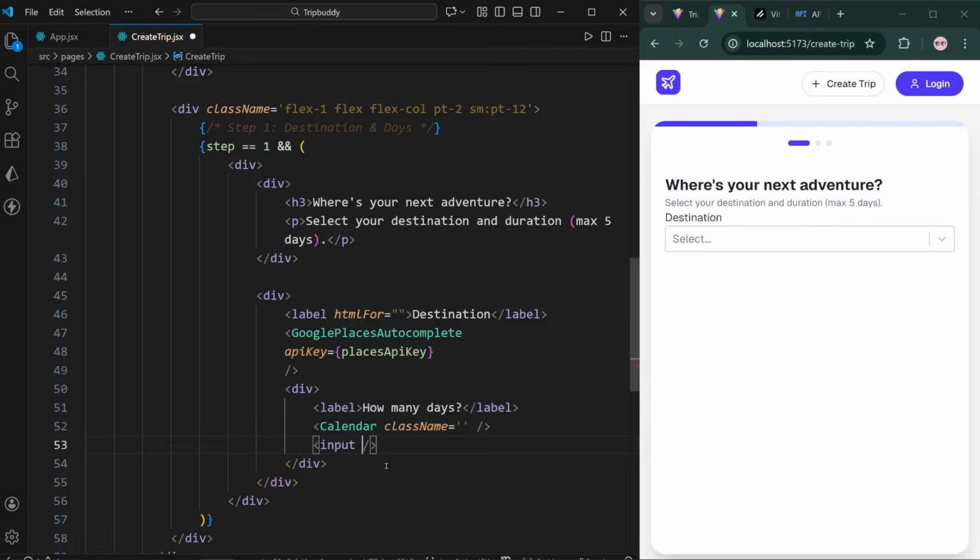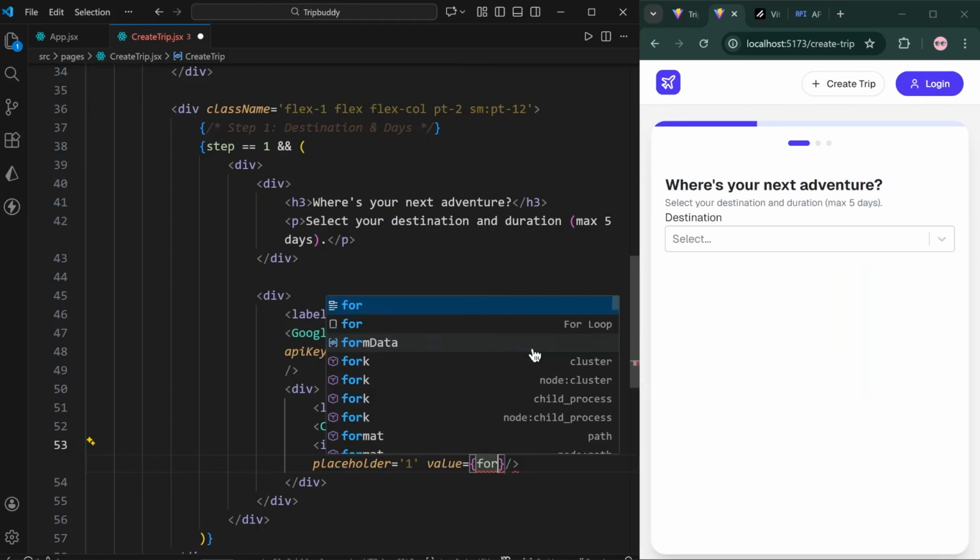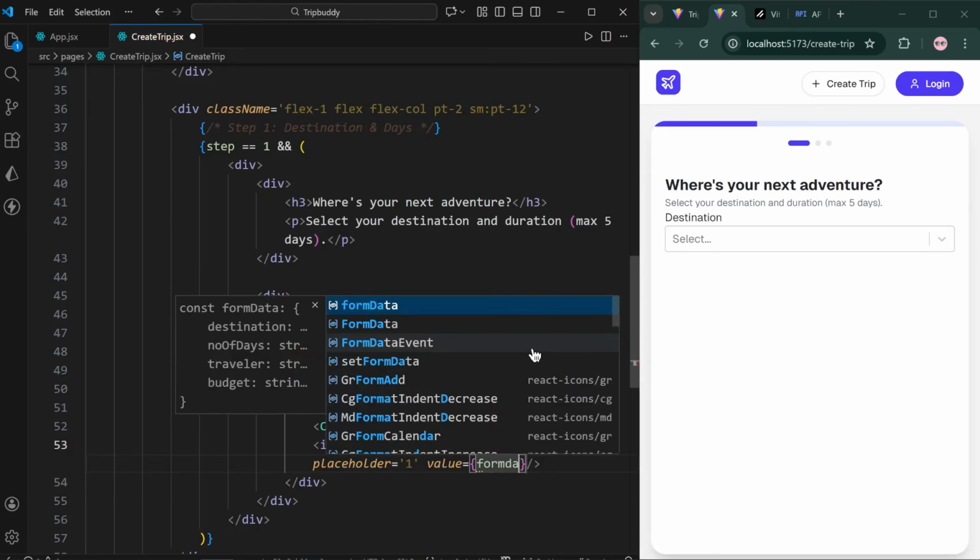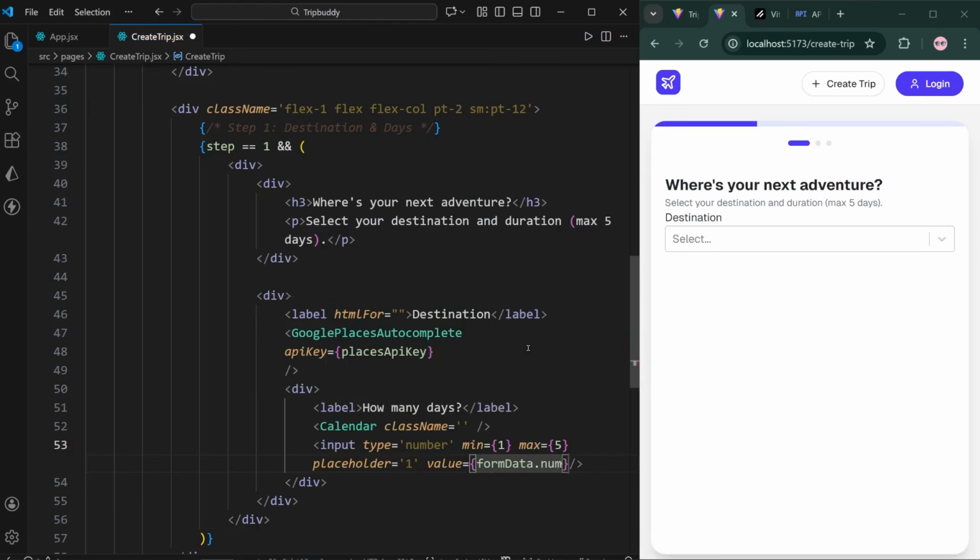In this input tag, we will write type will be number, minimum will be 1, and after minimum we will write max will be 5, and placeholder will be 1. Okay, value will be form data dot number of days, this state. Okay,